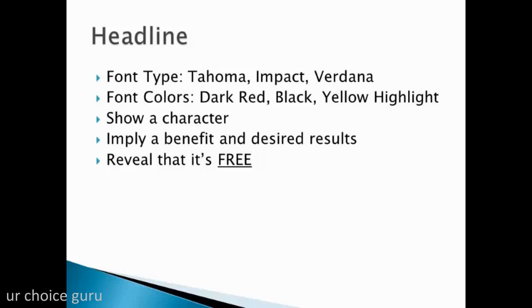You should use Tahoma, Impact, or Verdana font types for your headline. Stick to either one of these 3 fonts. These 3 fonts are the most ideal fonts for headlines. The font colors should be preferably dark red, CC0000 for most parts, but you can use a black color for some words, or use yellow highlights to let